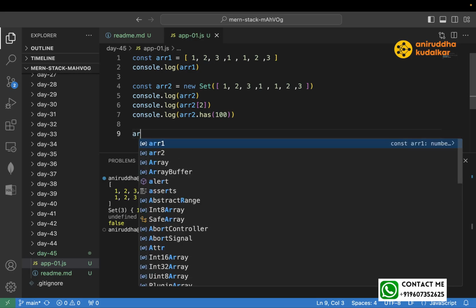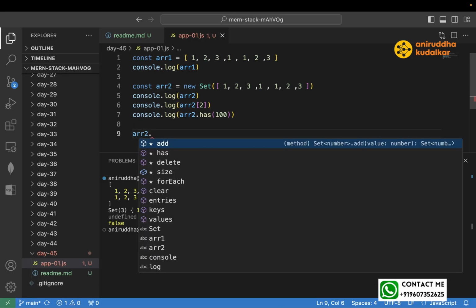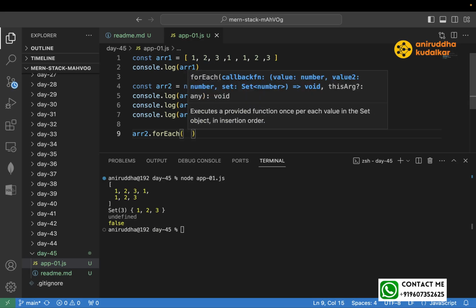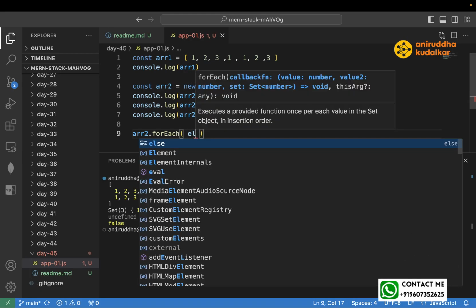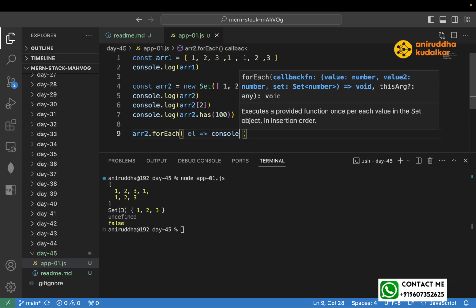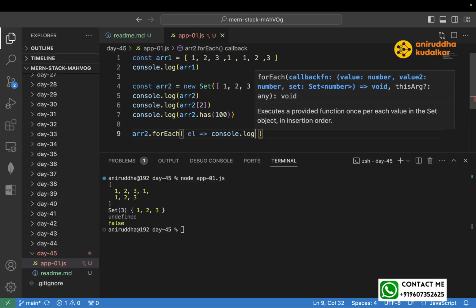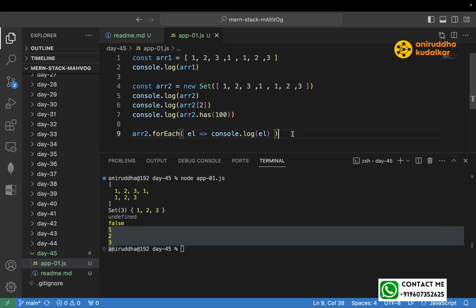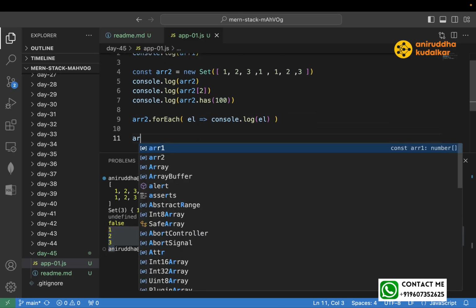First thing here you can say arr2.forEach, it's normal. Here we can pass a callback function, element, and add console.log(el). Okay, it will print all the elements. Can you see 1, 2, 3? It will print 1, 2, 3. Similarly, arr2